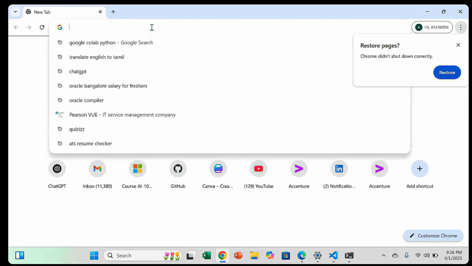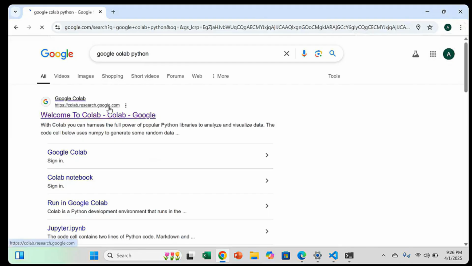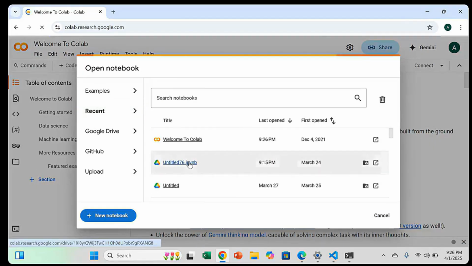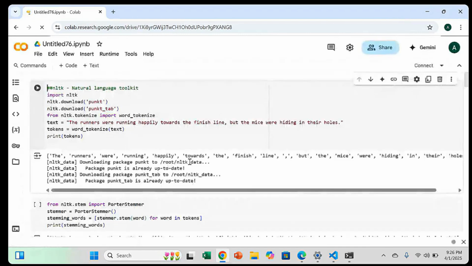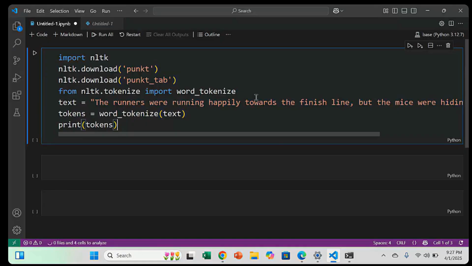I already did a program, the Python Colab one. I'll open that and simply copy this particular snippet with Control C, go there, and paste it with Control V. If NLTK is not defined,